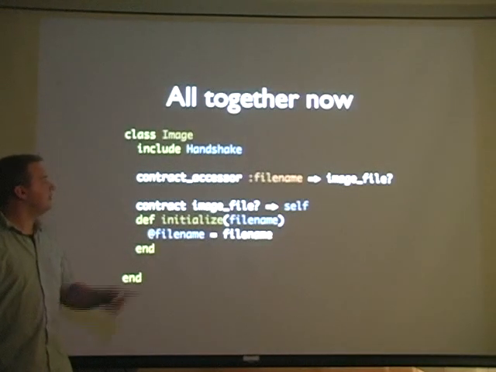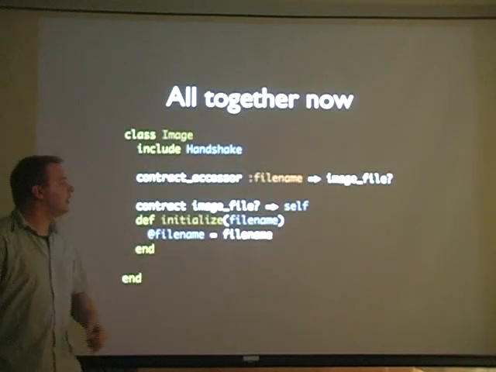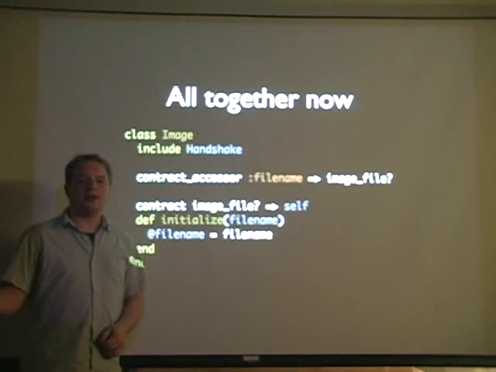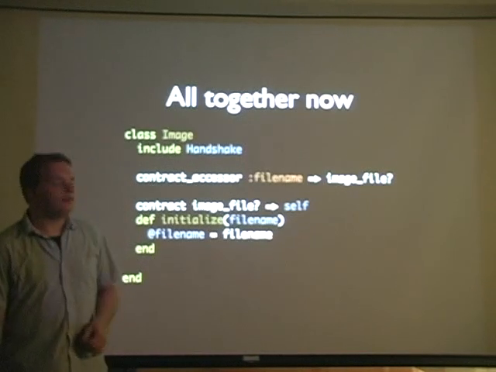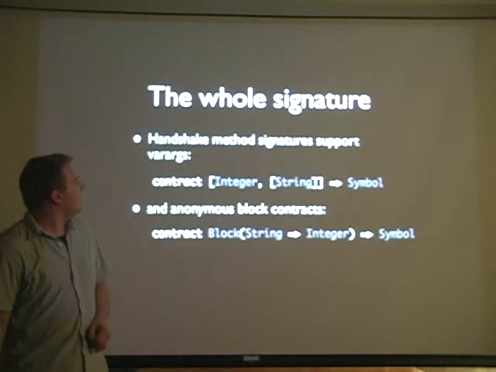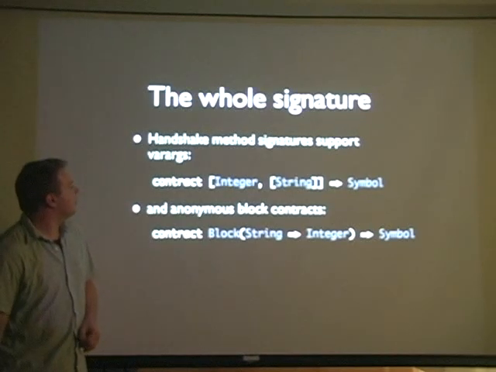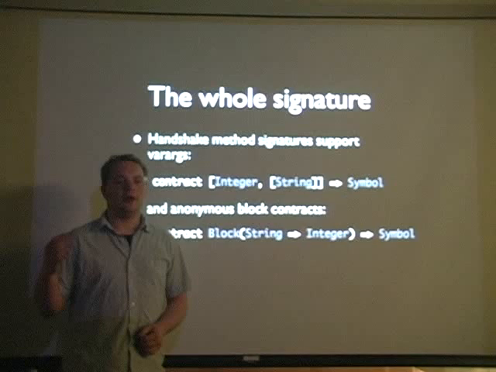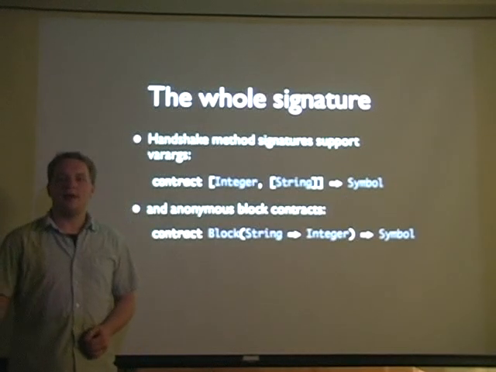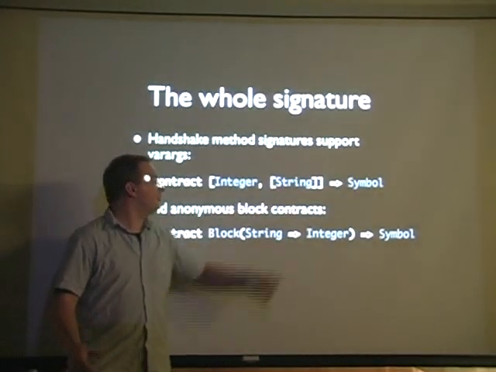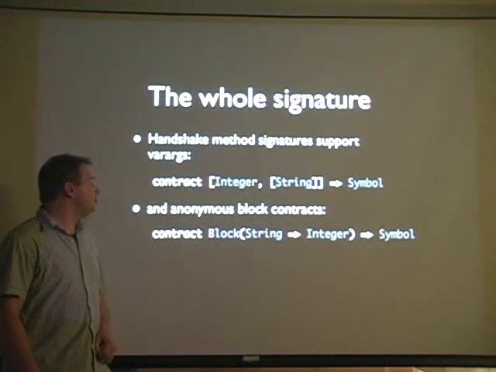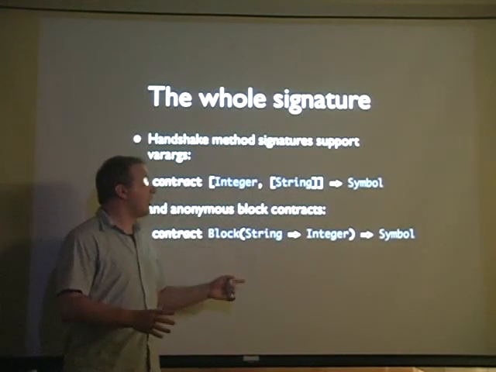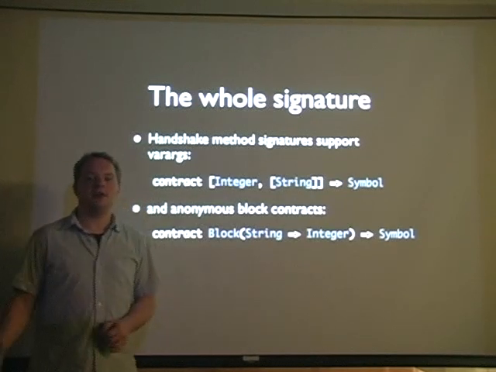And you can also do fancy things with accessors. So I've built an accessor here, a reader and a writer, that will actually contract check the read value and the write value against that signature. So you can also express the rest of a signature as well. You can use variable arguments that get passed into your method by enclosing them within a list. And you can actually check anonymous blocks. There's a mechanism for applying a contract directly to whatever block gets passed into the method.